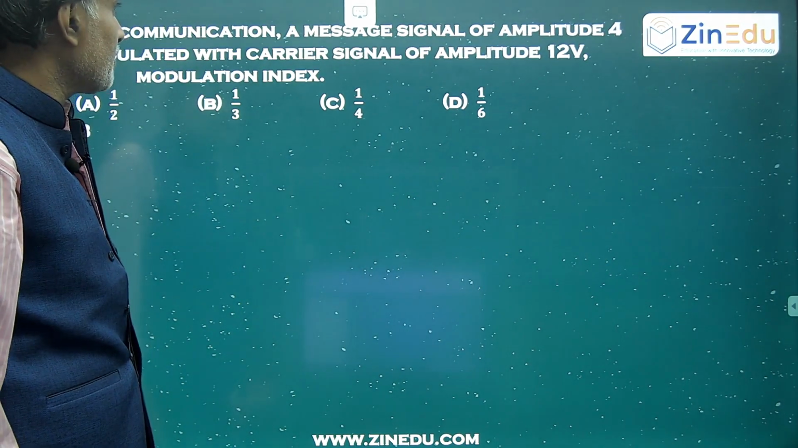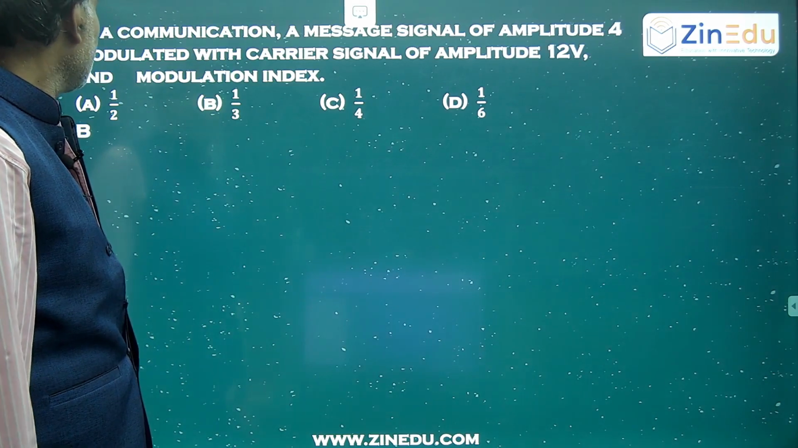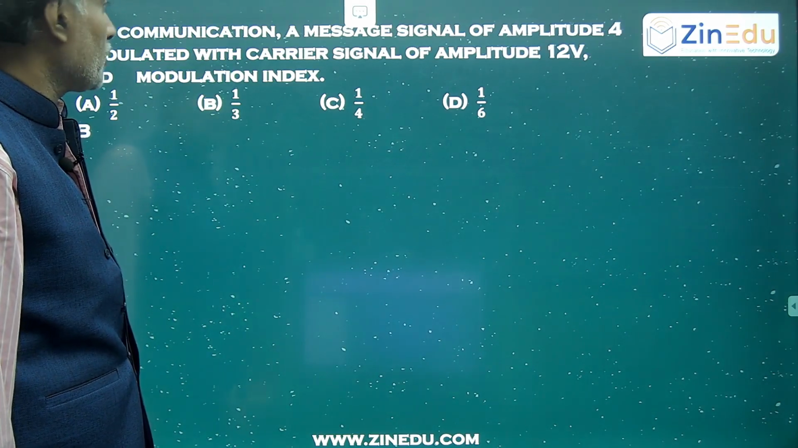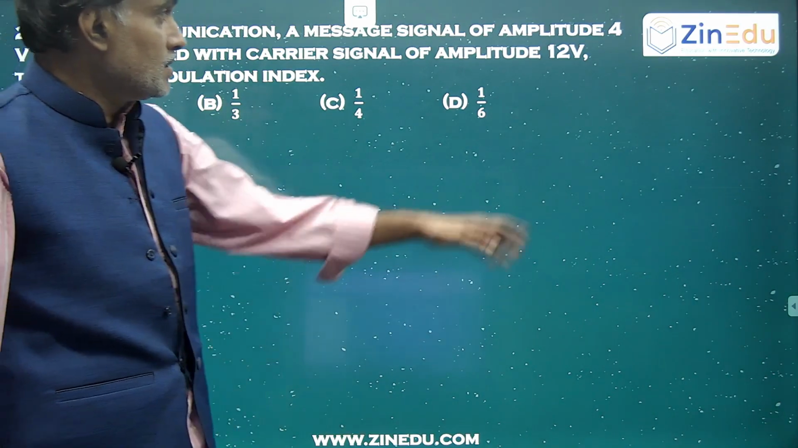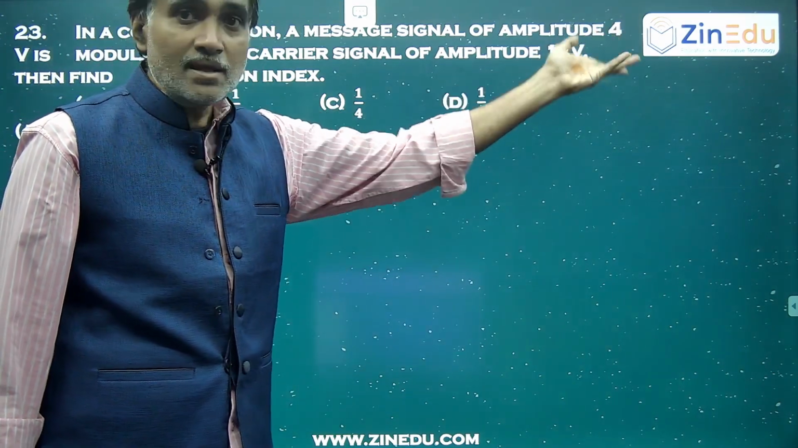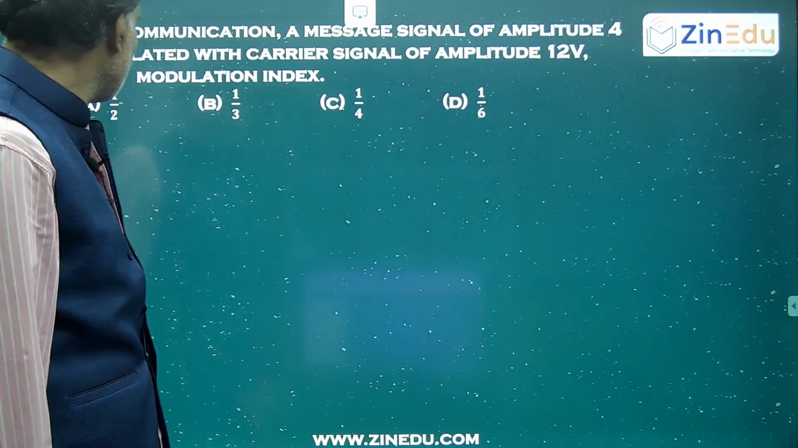Communication. A message signal of amplitude 4 volts is modulated with a carrier signal of amplitude 12 volts. Find the modulation index. Modulation index mu is Am by Ac, that is 4 by 12, that is 1 by 3. Answer is